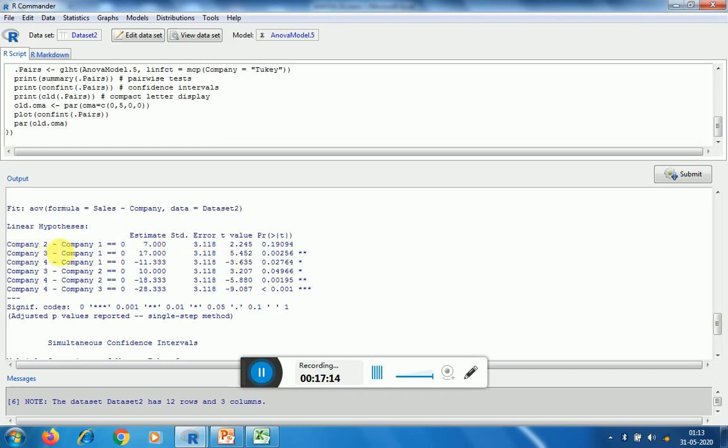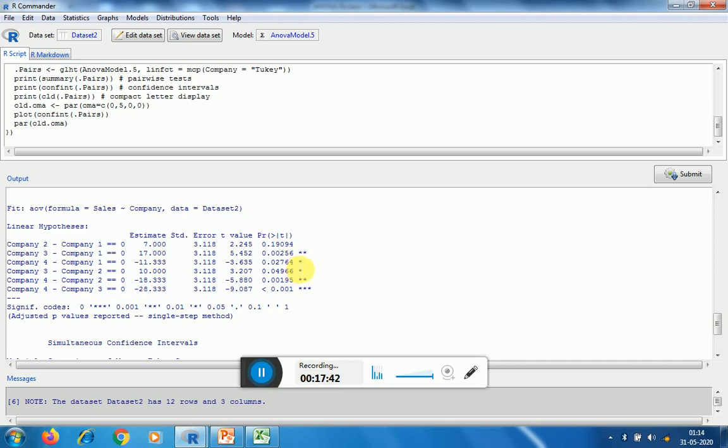So if we compare company 2 and company 1, p value is much greater than 0.05, that means there does not exist significant difference between company 2 and company 1. Here p value is less than 0.01, so we can say that between company 3 and company 1 there exists significant difference between the means.